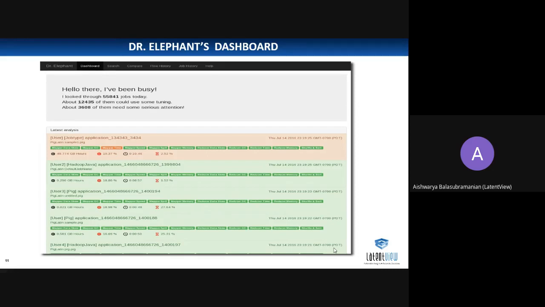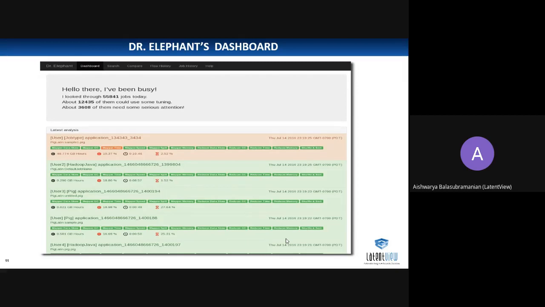So all these things Dr. Elephant will say. And if you see there are 4 jobs or 4 application IDs which is being listed over here, out of which in the first job, if you see, mapper time is in some other color. It is not in green, which means it needs some attention. If you click on it, it will tell you like, okay, these are the parameters you'll have to set because of which it is failing, or it is taking more time, or it is consuming this much of resources. So it will give you all this information with which you can auto tune it, so that from the next time it runs only with the suggested set of parameters.